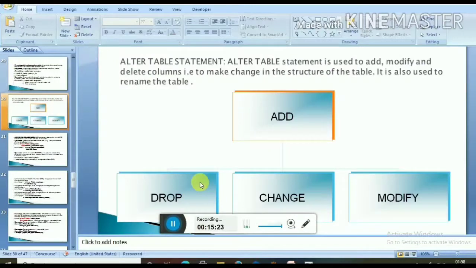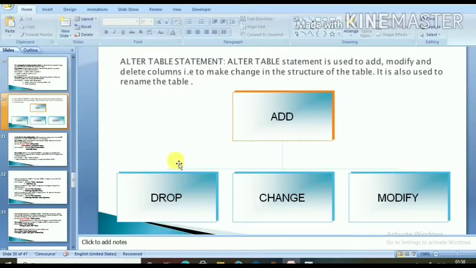Now we will see the alter table statement. The alter table statement is used to add, modify and delete the columns, that is, to make a change in the structure of the table. Also it is used to rename the table.